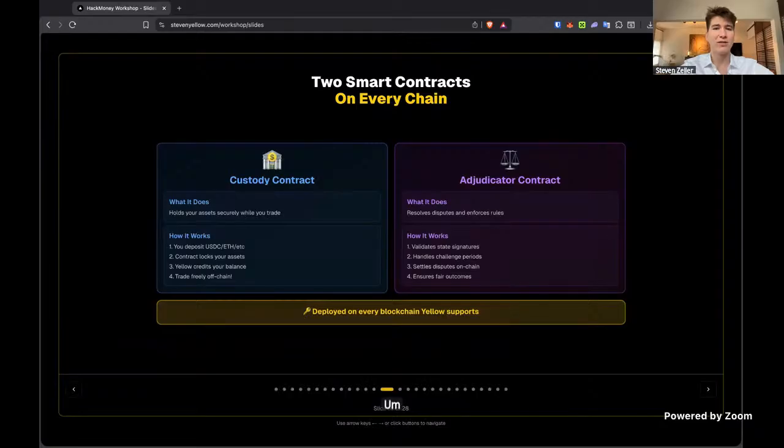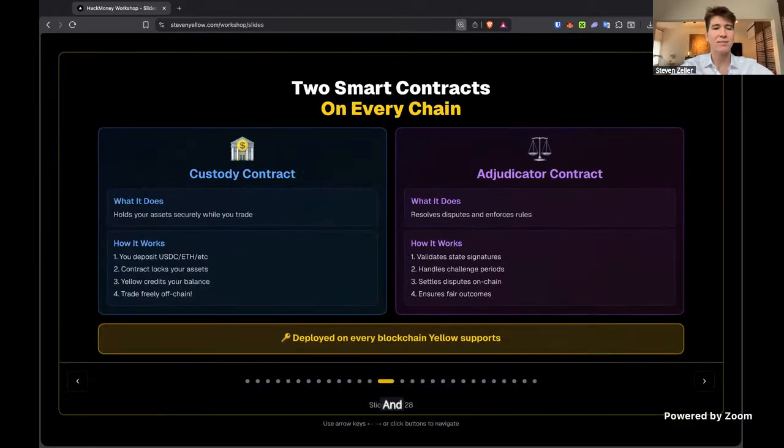The way that works is the Yellow network has deployed smart contracts onto each blockchain. There are 2 contracts. The first is a custody contract, and this is how you securely lock funds into the network.